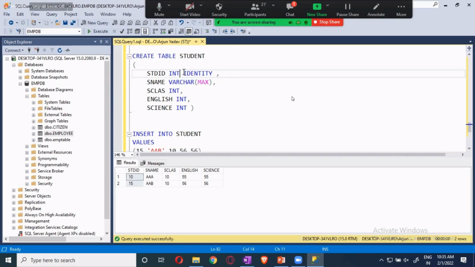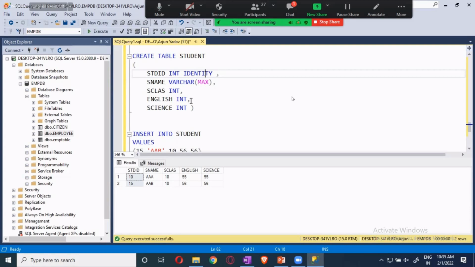The values are auto generated. By default it will start from 1, 2, 3, 4. This is auto generated. You are not supposed to give it. Now in this case, when you are giving 1 as an identity, how many values do you have to enter? Only 4. If you want to enter the 5th value, it will not be accepted.